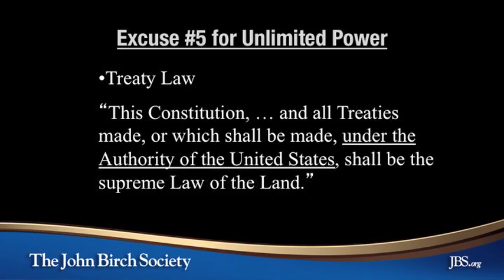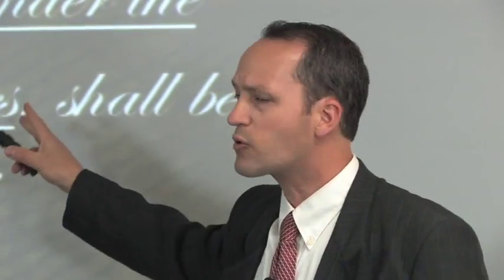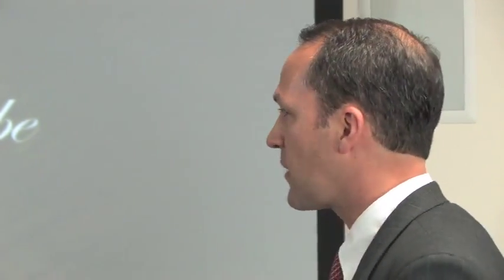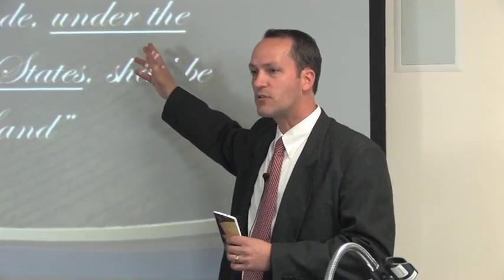What it says there is, all treaties made or which shall be made under the authority of the United States shall be supreme. Under the authority, what authority? Where is this authority granted? Oh yes, in the Constitution, that's right. So, all treaties made or which shall be made under the authority of the United States. Now you notice this one was worded a little bit different than the Supremacy Clause one, which said made in pursuance thereof. And the question's been raised sometimes in my classes, so why did they not just simply say in pursuance thereof?